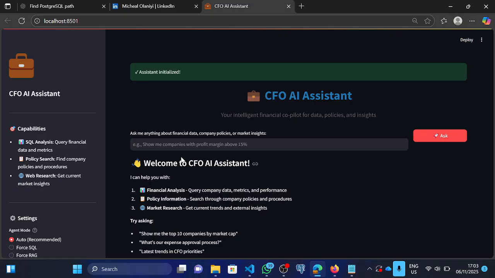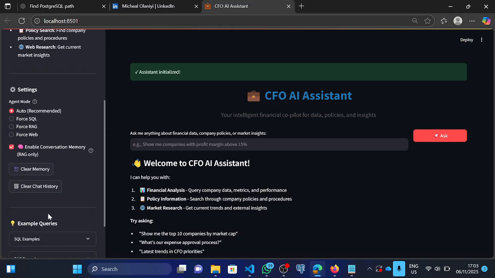So this is actually built for you in such a way that it has been processed so that it can give you back a queried result from the database. It can also give you answers to some questions based on policies and expenses, any documents that you need for your daily schedules. Everything, in as much as the documents, is already